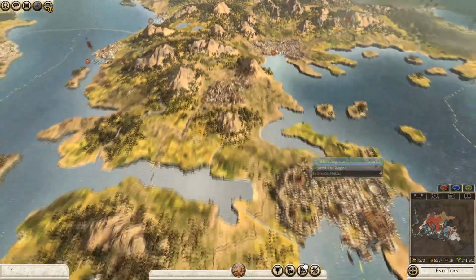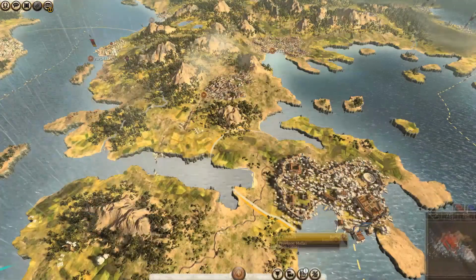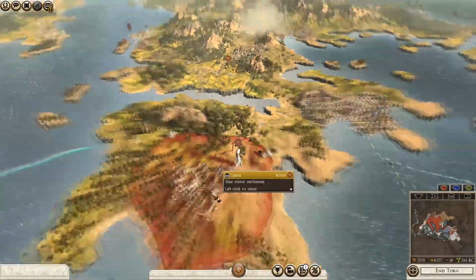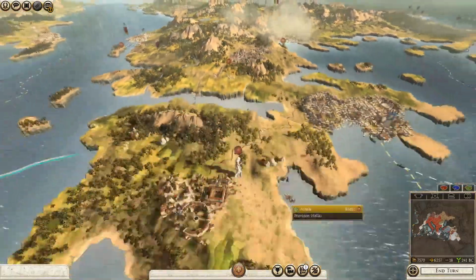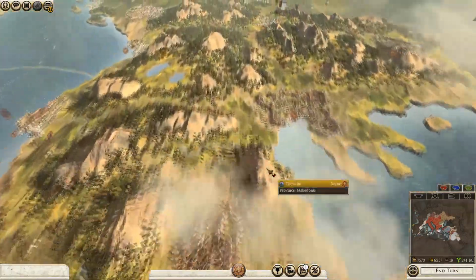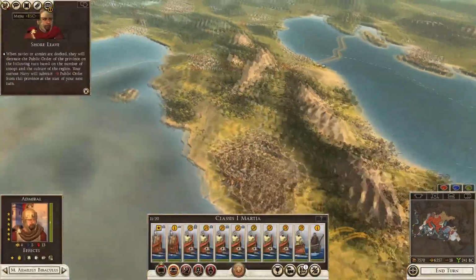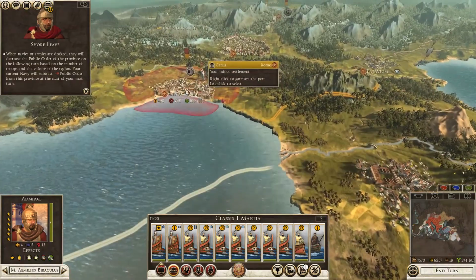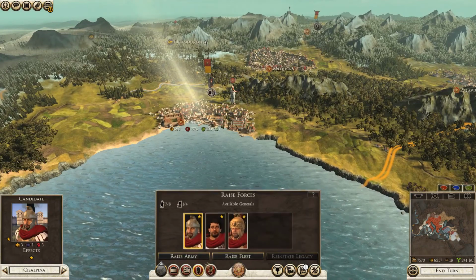And actually, how many armies can we have? We can have one more army. I'm a bit inclined to raise an army down here to see if they've got any more mercenaries, Rhodian slingers. Actually, how's my bit of a navy here? I keep meaning to raise a navy here. Actually, got a bit of cash, so it's just